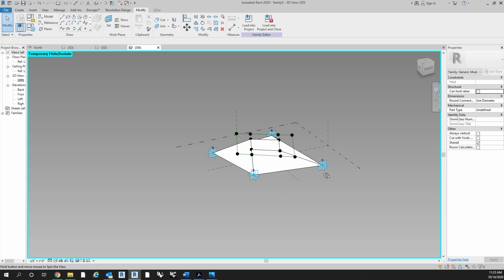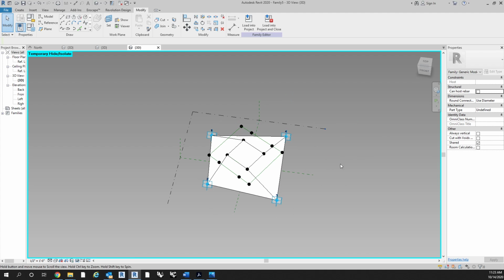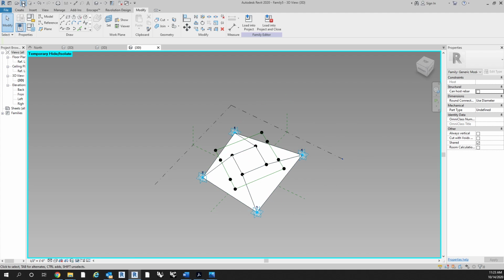So now that we know it's able to be manipulated and the parameters all work the way we envision them,